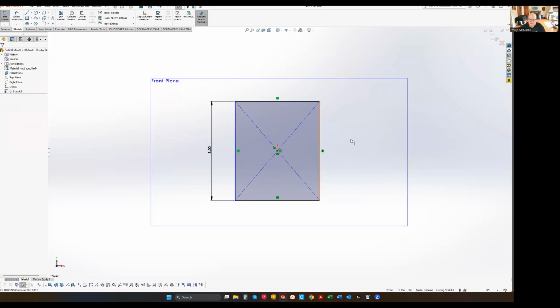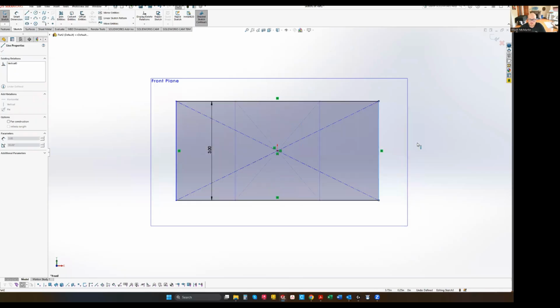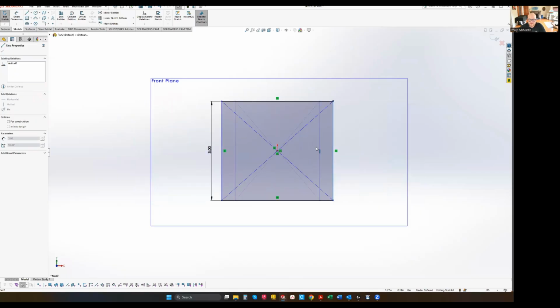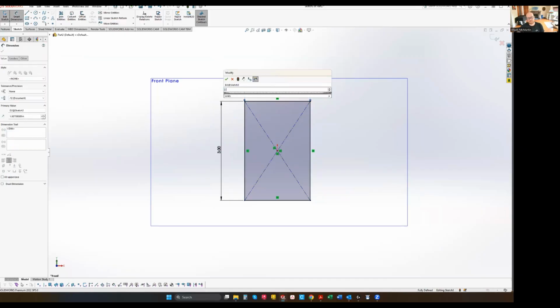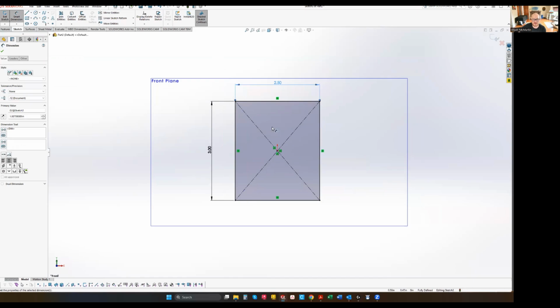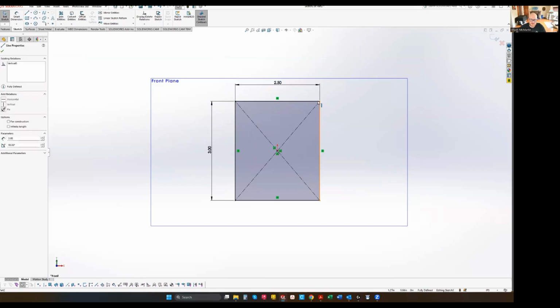However, I can still move these other 2 lines. They're blue. That means they're not fully constrained. So I can do my Smart Dimension, grab just like this. That's going to be 2.5. And once I enter that dimension, now we have a fully defined, fully constrained rectangle, and it's black, which means if I click escape and get out of my dimension tool,